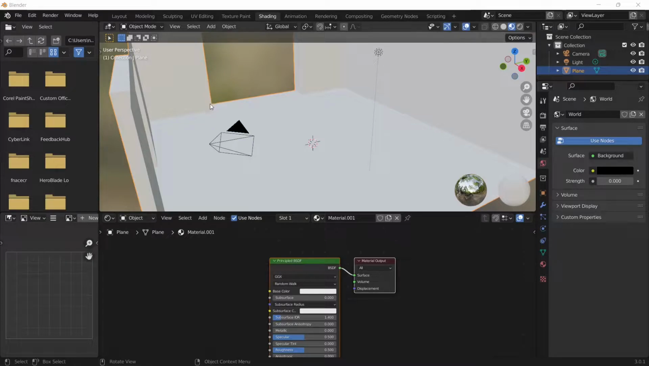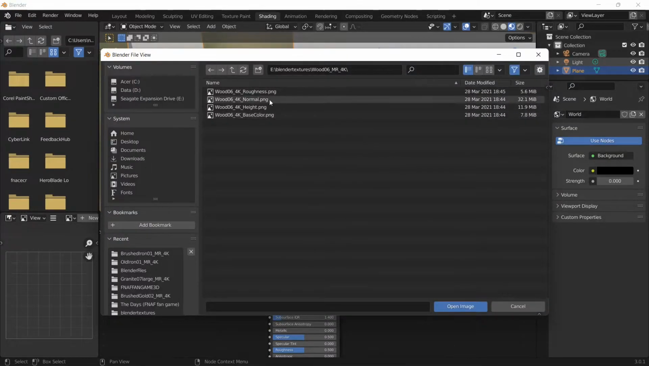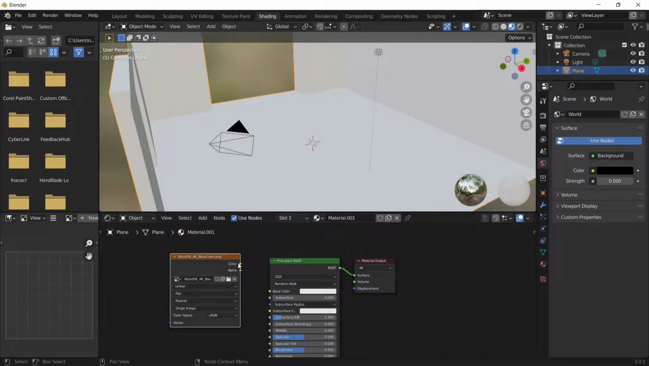So what you want to do is click add, and then search image, and then right here, drop image texture. Now that you've downloaded a texture, I'm going to be using this one called Wood 06 MR. It's a really nice texture. I used it before. Then you want to drag base, open up the base color, and then drag this one